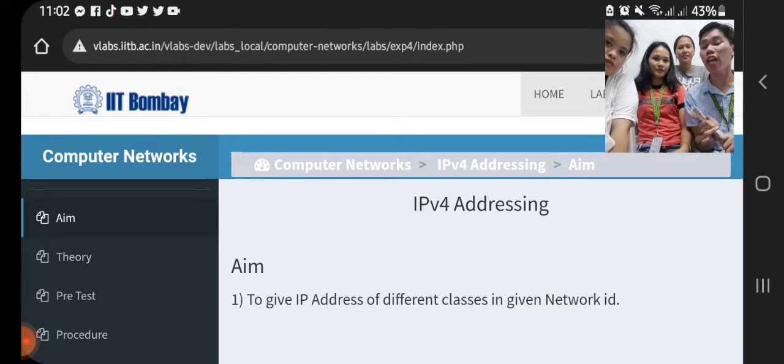So today we are going to tackle IPv4 addressing. The aim of IPv4 addressing is to give IP addresses of different classes in a given network IP. So the theory is